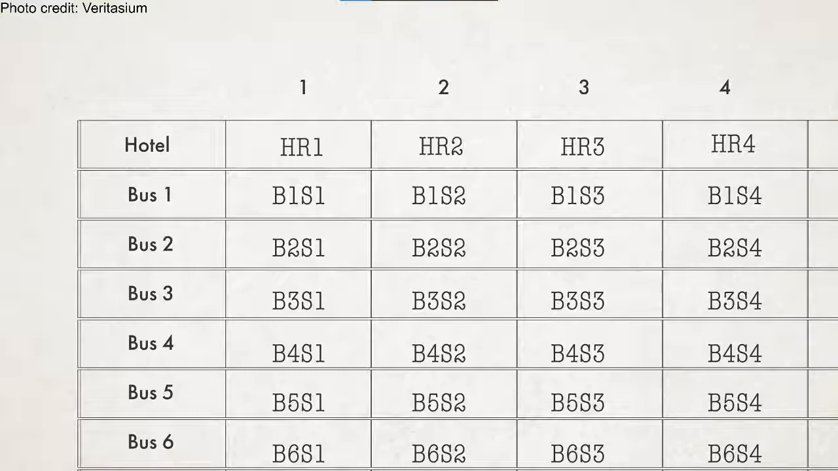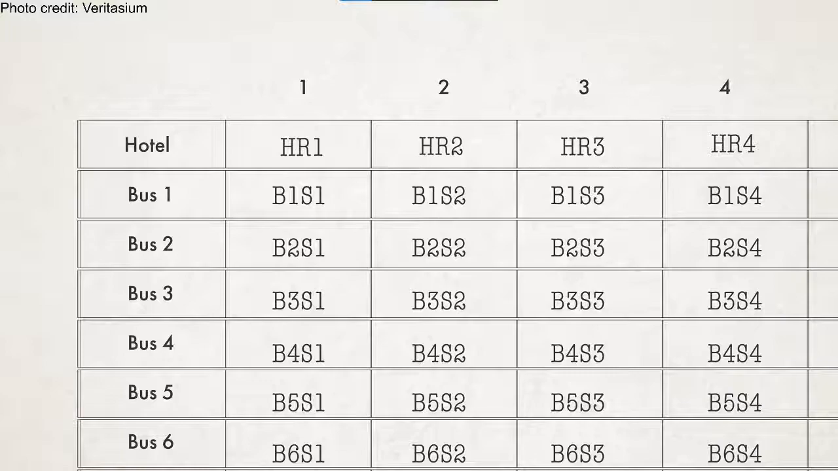And now on the most left-hand side column, we have bus number 1, bus number 2, bus number 3, and so on. And on the second column, we have B1S1. And what this means is bus 1, seat number 1. And next to it is bus 1, seat number 2, bus 1, seat number 3, bus 1, seat number 4. And below there, we have bus 2, and we have bus 2, seat number 1, bus 2, seat number 2,